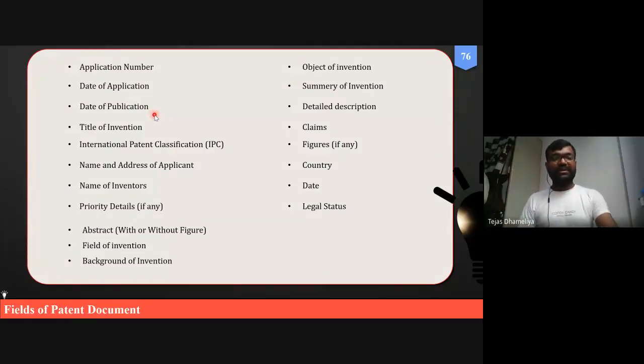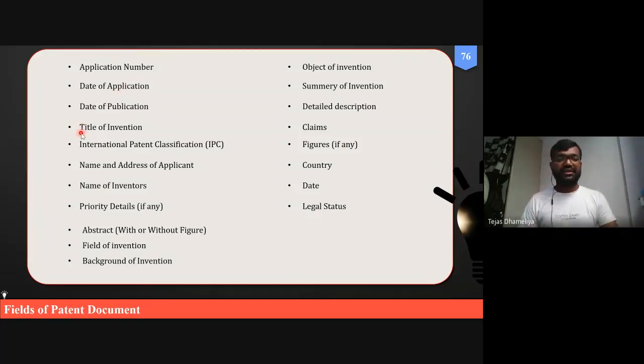But although आपका चाहे मानो कि 2 साल के बाद आपको पेटेंट मिलता है, but the date of filing or date of application will be considered for the survival of the patent. 18 सितंबर 2020 से आपका कंसिडर किया जाएगा पेटेंट फाइलिंग का। तो आज की तारीख से 20 साल बाद 18 सितंबर 2040 तक, या फिर 17 सितंबर को रात को 12 बजे तक आपका पेटेंट वैलिड रहेगा. So that will be the life of the patent when we are going to file the patent.